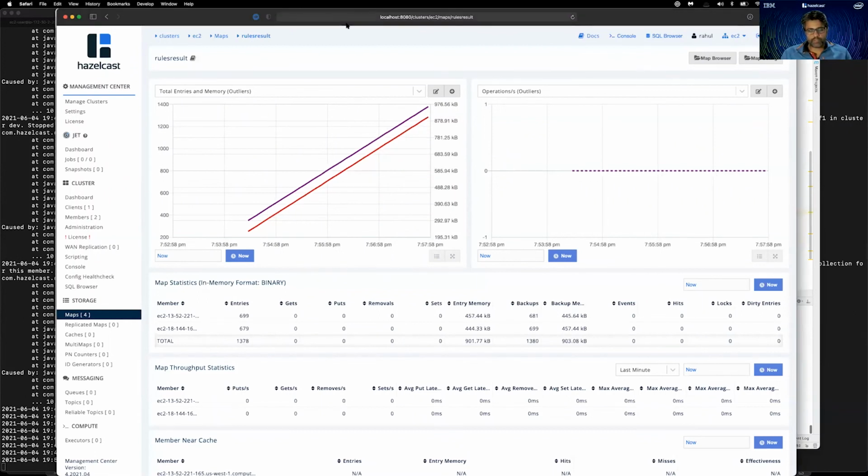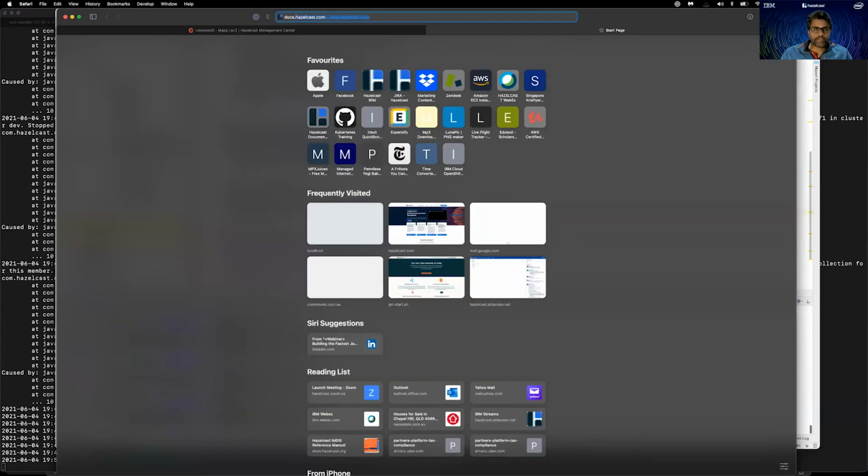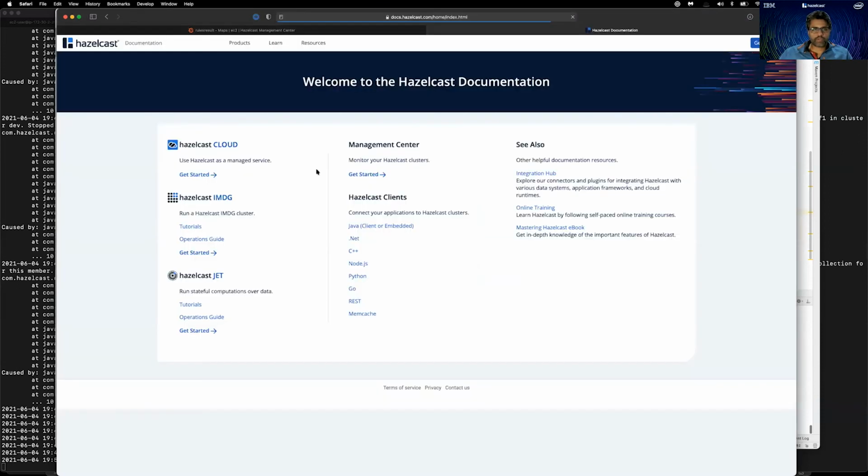Yeah, sure. Like I said, we have support for multiple different languages. Let me quickly show my screen, and I can show you where you can get more information about different languages. If you go to docs.hazelcast.com, you will see all these different clients: Java, .NET, C++, Node.js, Python, Go, Rust, and Memcache. Pretty much all these clients have their own set of code samples and application examples already built in. So you can go and try those things on your own. It's not a problem.